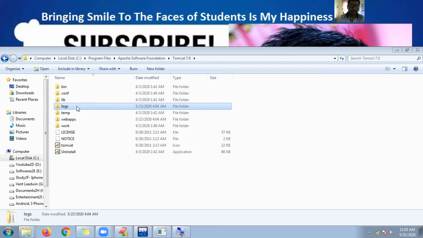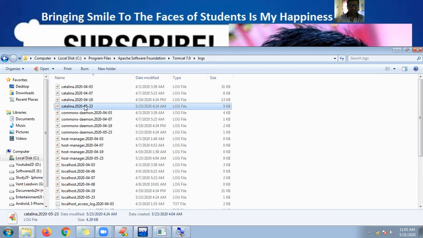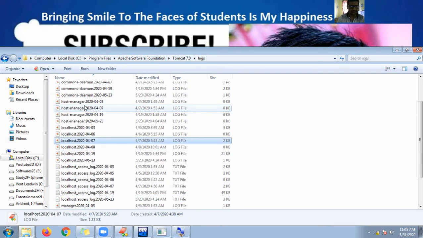So in this log, whenever my server starts, suppose if I try to start a server, just hold on, let me try to start a server. Okay, now you can see here, last time I started my server using localhost on 23rd May 2020. On that day I started my server.